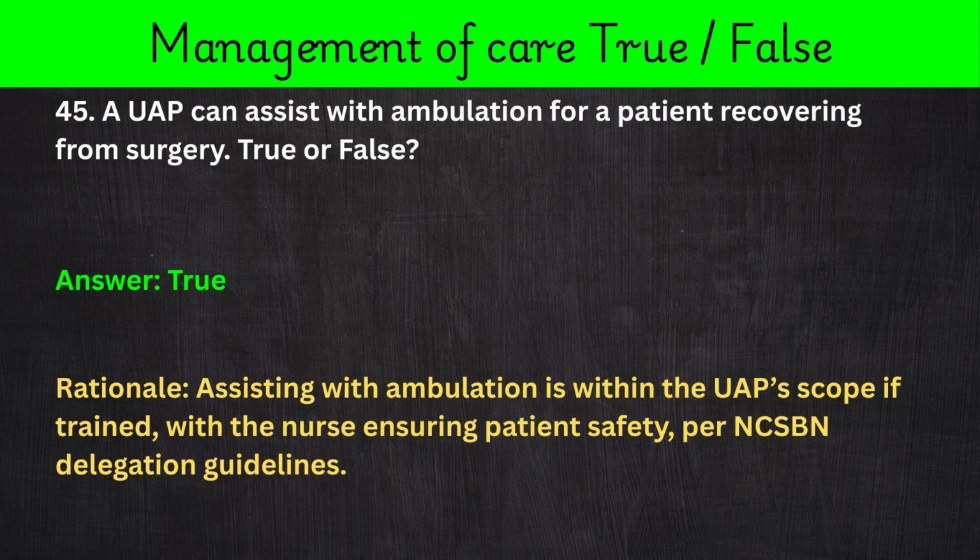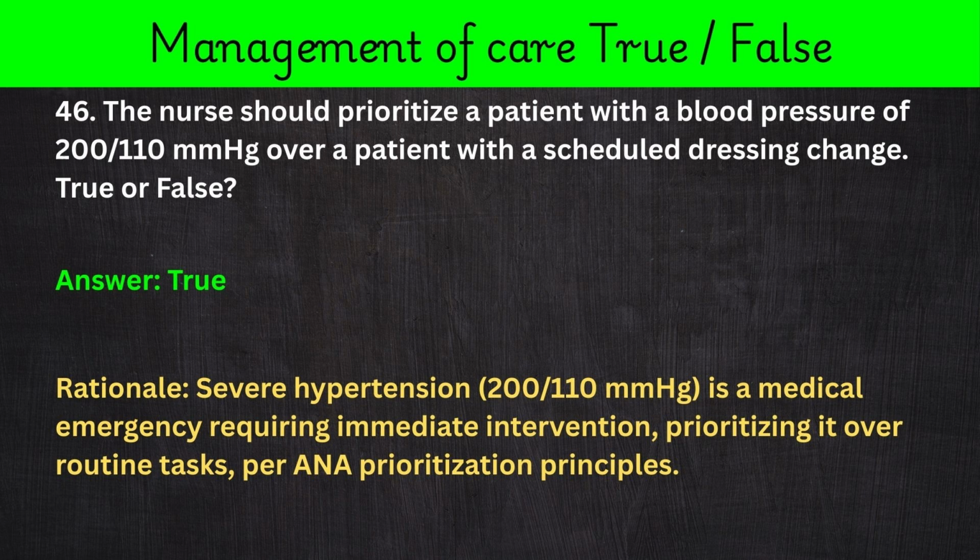45. A UAP can assist with ambulation for a patient recovering from surgery. True or false? Answer: true. Rationale: assisting with ambulation is within the UAP scope if trained, with a nurse ensuring patient safety per NCLEX-PN delegation guidelines. 46. The nurse should prioritize a patient with a blood pressure of 200/110 mmHg over a patient with a